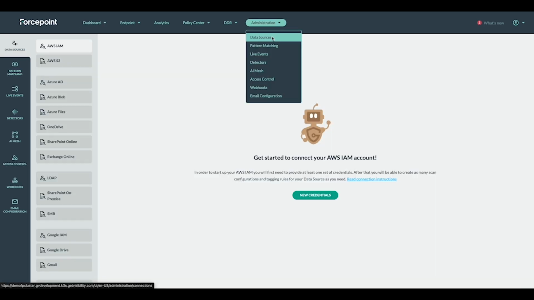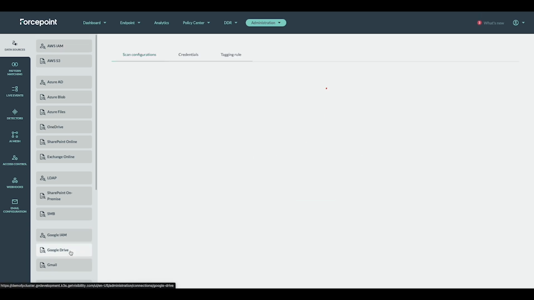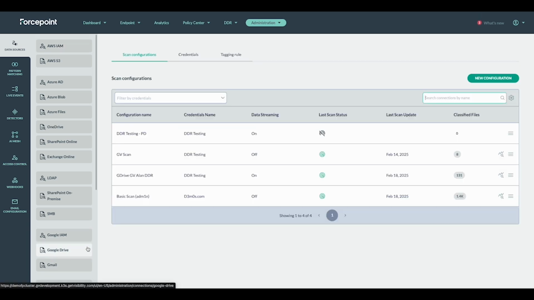Now, what is DDR? DDR is an add-on to DSPM, which enables organizations the ability to continuously monitor their data sources. By doing that, we open a lot of different use cases. As you know, DSPM scans data repositories from time to time, schedule scans every week, for instance. Using DDR detects files changing via continuous monitoring of those data repositories. Coupled with data controls, alerts, analytics, and remediation, DDR can enable organizations to identify and stop data exposure and thus